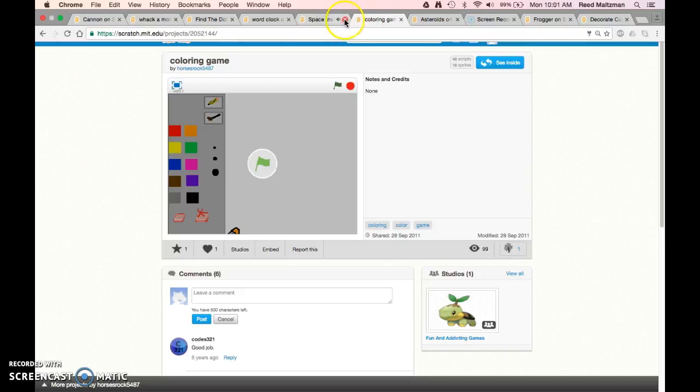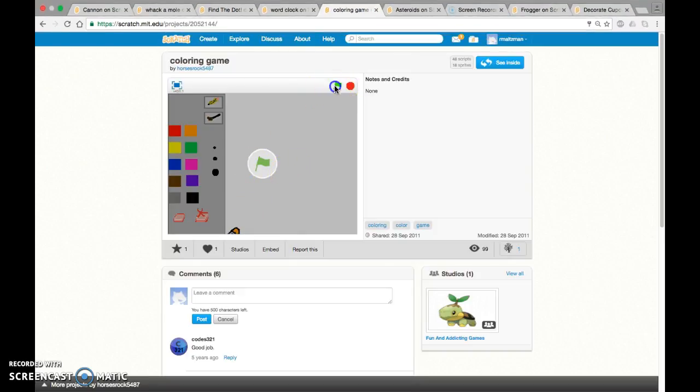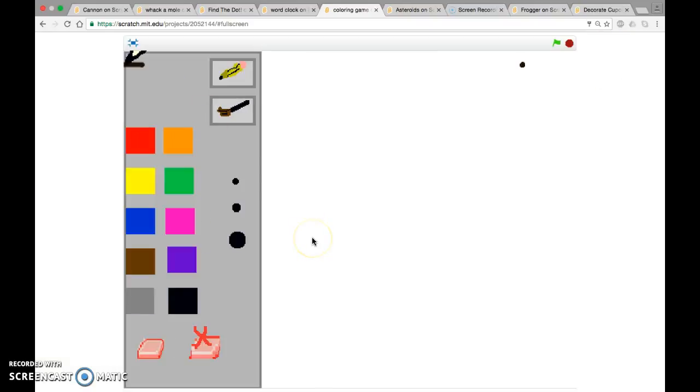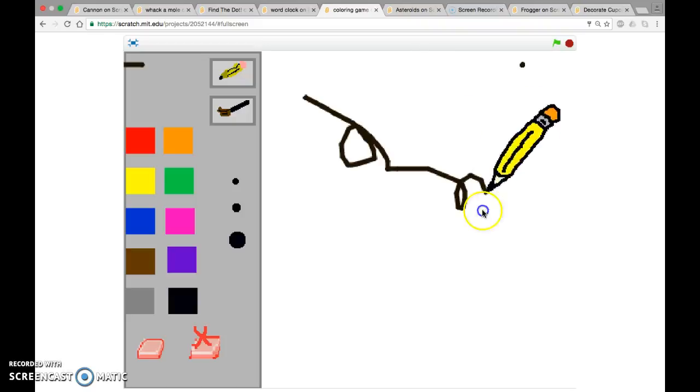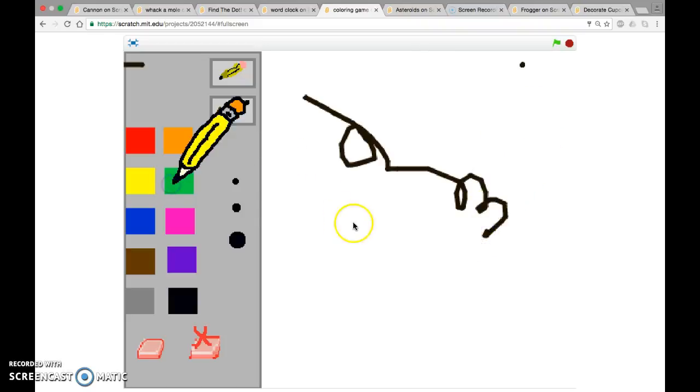And here's another game. Oh, I better turn this one on. Okay, so the coloring game is a pretty cool implementation of just a coloring program. This was one of the original programs on a Mac, and let's see, yeah, you can draw things, and you can change the color,